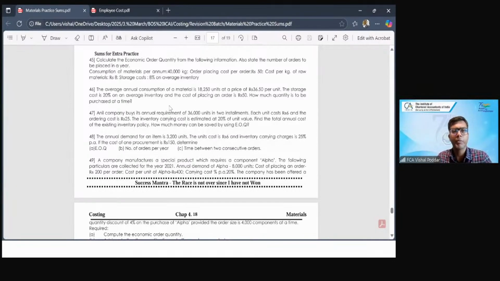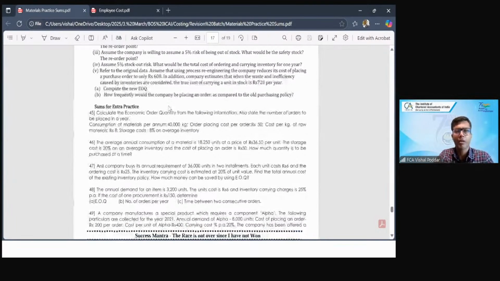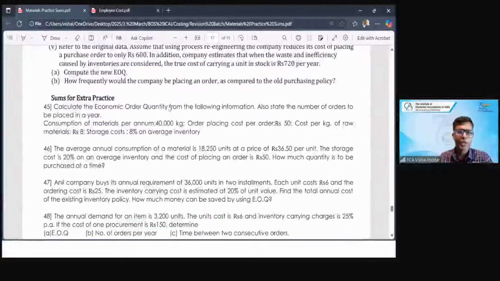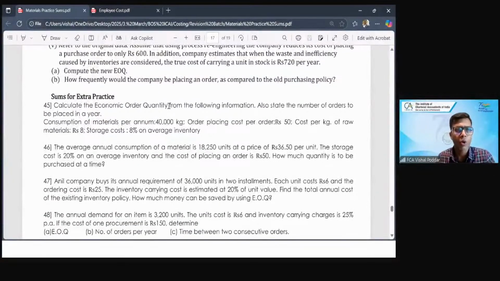But first, let me take you to some basic revision questions. So in material, as you all know, I hope everybody is carrying calculators so that it will be easy for us to make this computation fast. As we all know, in material, the first and the most prominent practical which you get in your exams